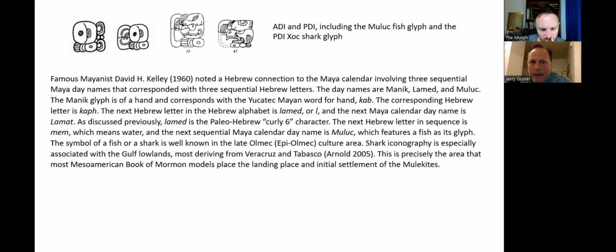He shows that the day names in the Maya calendar match the meaning of the names of the Hebrew letters, three sequential letters. Again, it's kind of getting into the weeds,